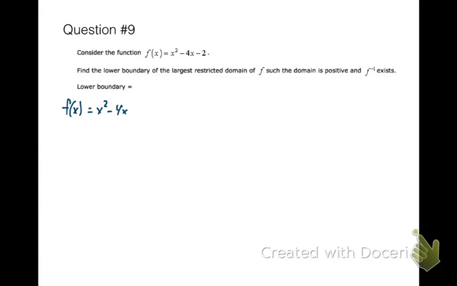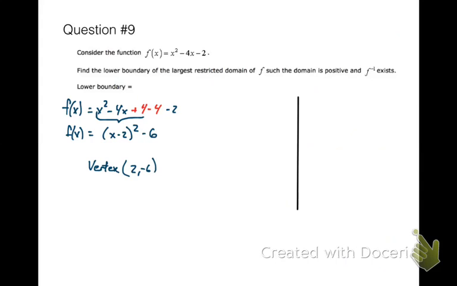I looked at this and I saw that it's a quadratic. So I completed the square to get this in vertex form, so I could see what that graph looks like. So I know my vertex here is (2, -6), so I could graph that. There's my vertex or turning point. And if I graph this,